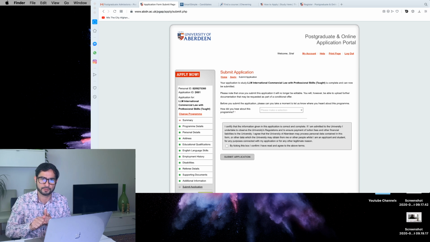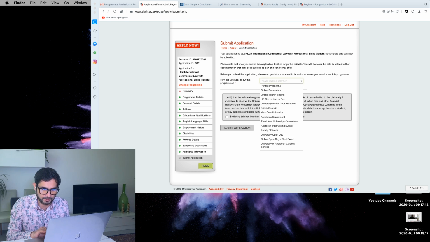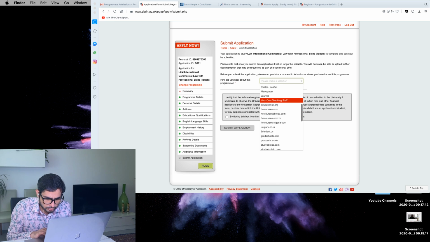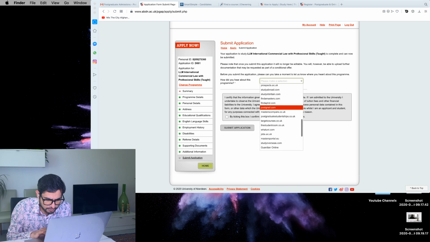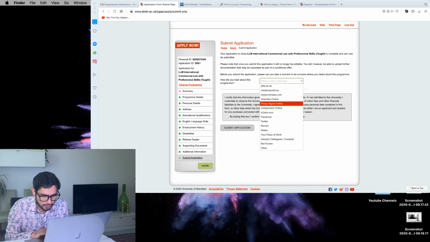and these documents. Okay, and before you submit your application, please take a moment to let us know where you heard about this program. Printed prospects. So give your free information to this website. Postgrad, I think, let's say, not even postgrad. I think Chevening is not in the list here. No, I can say I heard first time about this